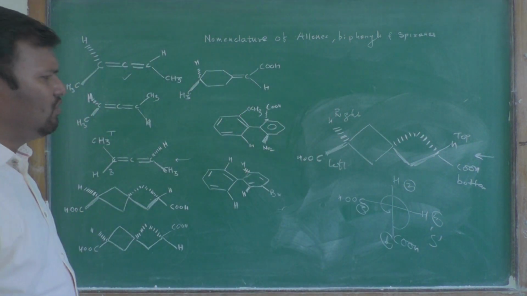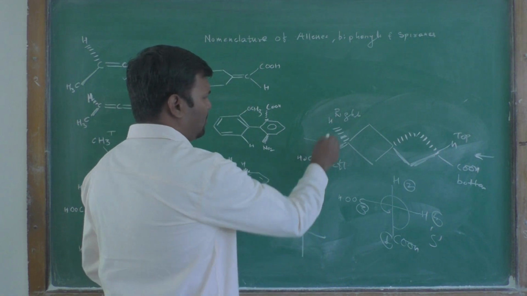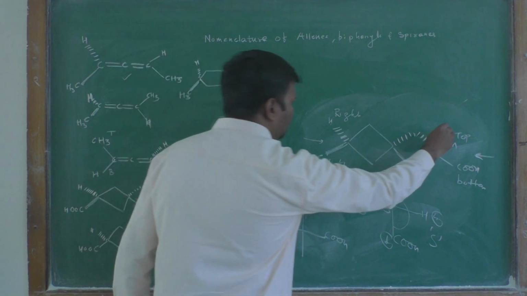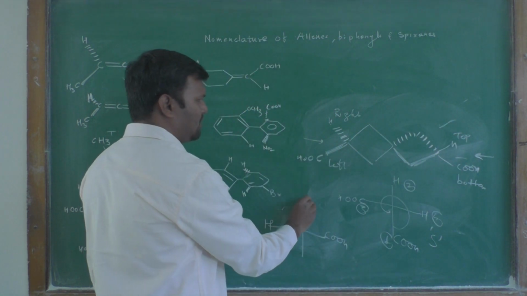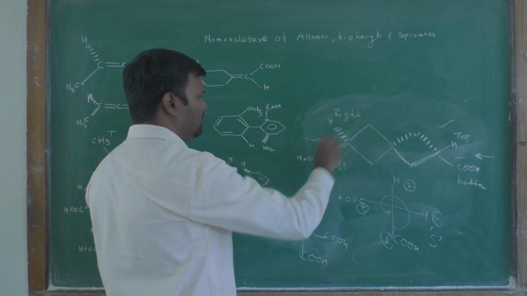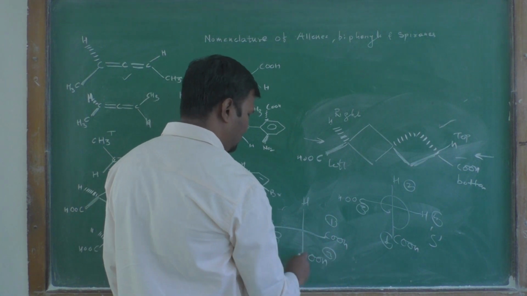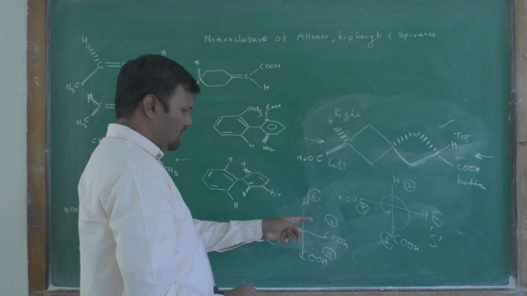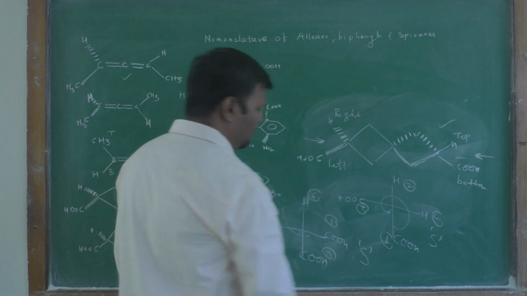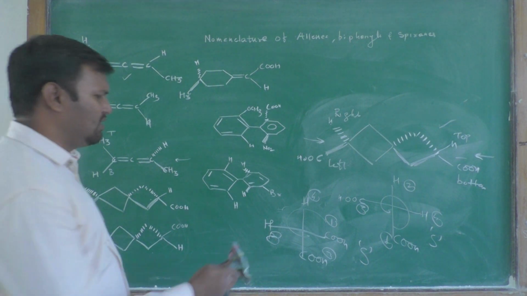1, 2, 3, therefore your configuration should be S configuration. Like that way, if you look at this molecule from this side, you find that from this side the hydrogen is on the left hand side and COOH is on the right hand side. Top, no change in this situation. Top is the hydrogen, COOH is at the bottom. Therefore you have to give the naming first to the horizontal line, because you are looking at this molecule from this side. Therefore 1, 2, 3 and the fourth one. You are looking 1, 2. Therefore you have to move like that. You move like that. Therefore your configuration is the anti-clockwise rotation. Configuration is the S type configuration. Let us see the next example.